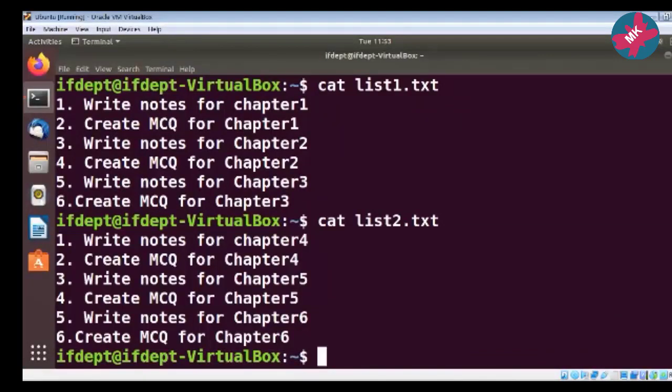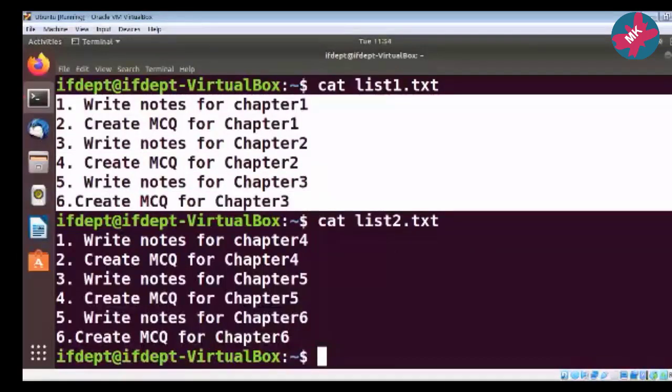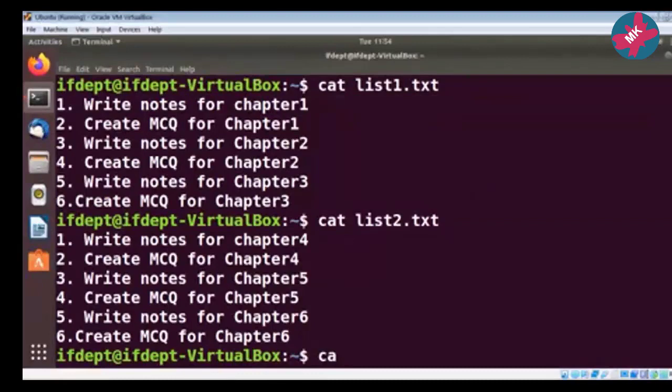Now what I want to do is combine the content. Suppose I want to combine the content of this file into this file. So I am going to write here cat.